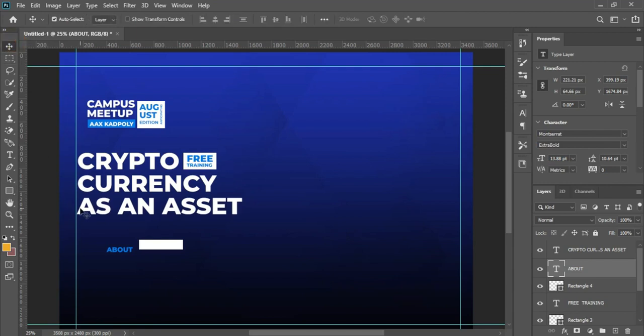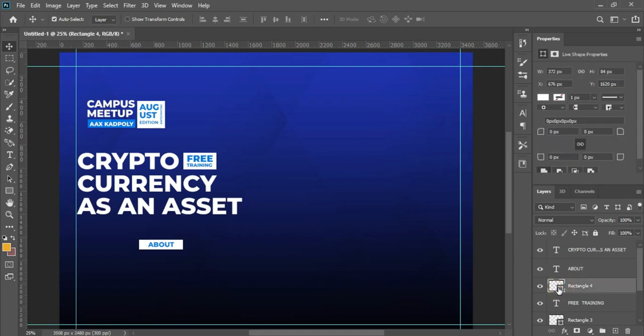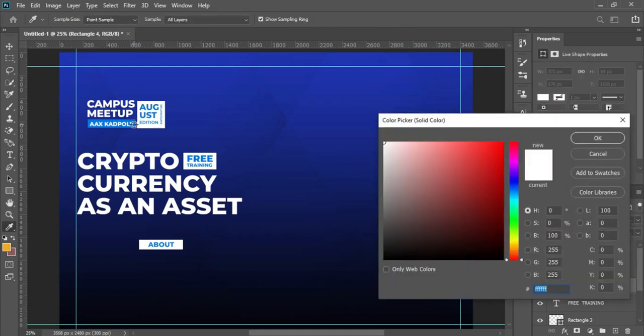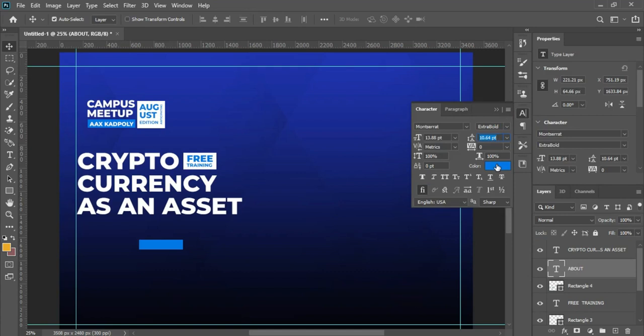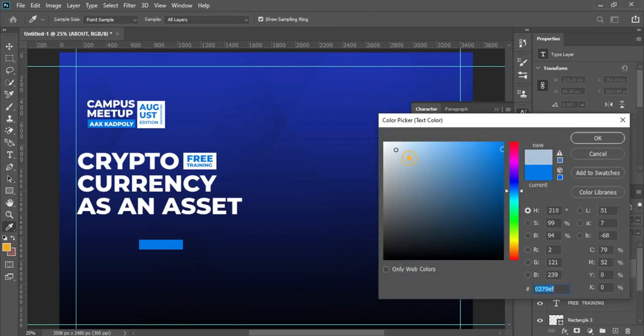Okay, pick my move tool, Control and left click on the rectangle layer here, align horizontally and vertically to the center and deselect. Okay, so I want to change the color of this rectangle to this color, to the blue here. I'll sample the color. Change my about text color on my character panel here to white as well, so that